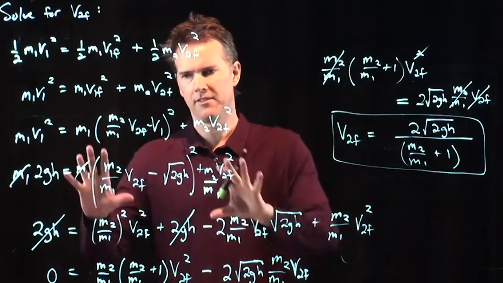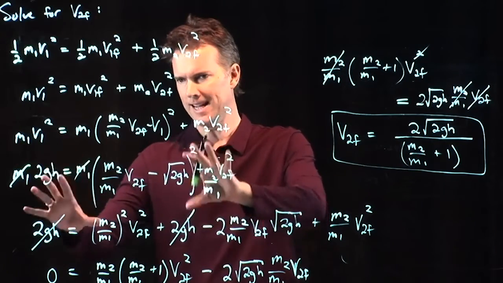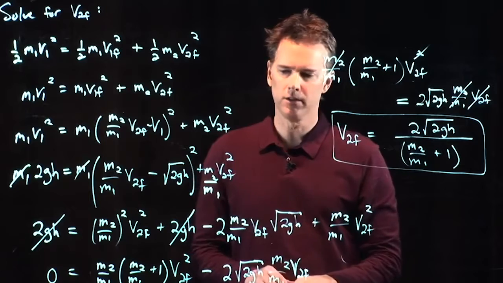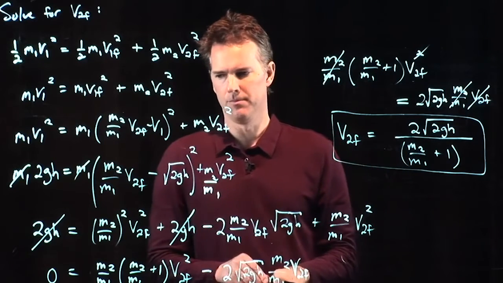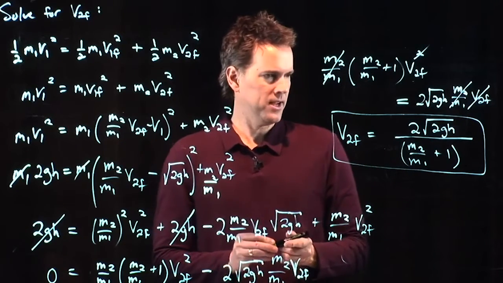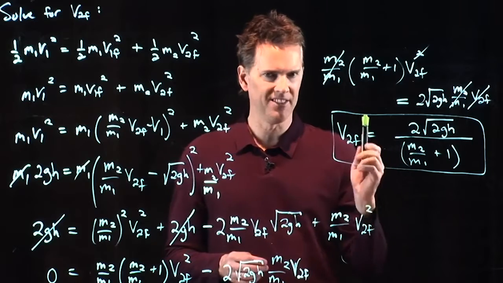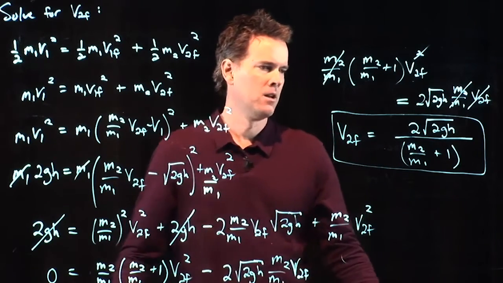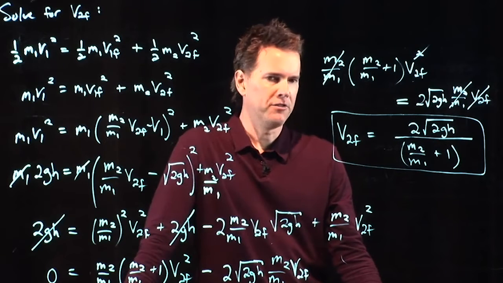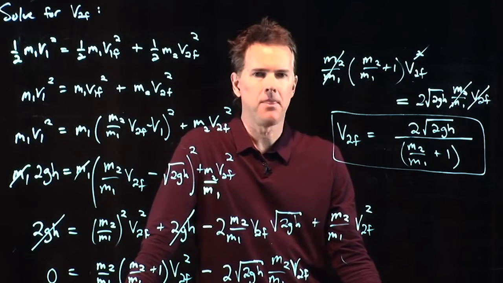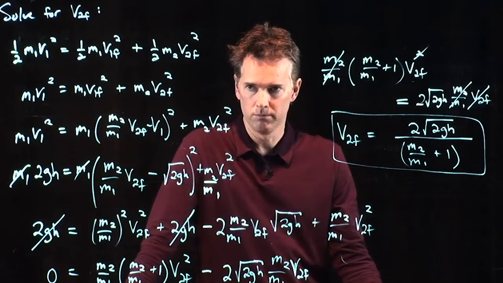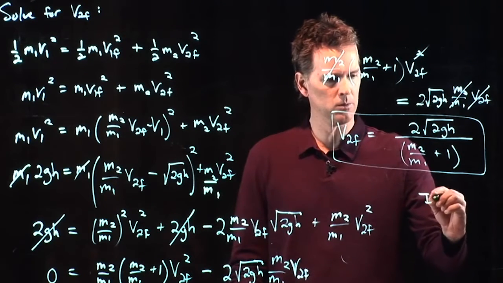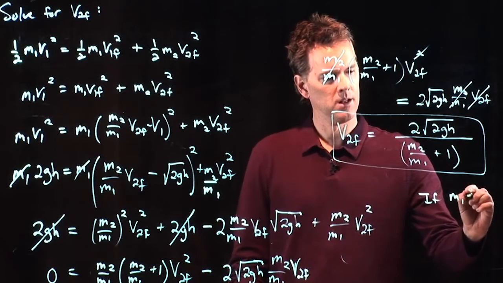All right, so it started out simple. It got a little tricky in the middle. It came back to something that is reasonably simple. Let's take a look at this answer and see if it makes sense. Okay. First off, let's say that the masses are equal. If m1 equals m2,